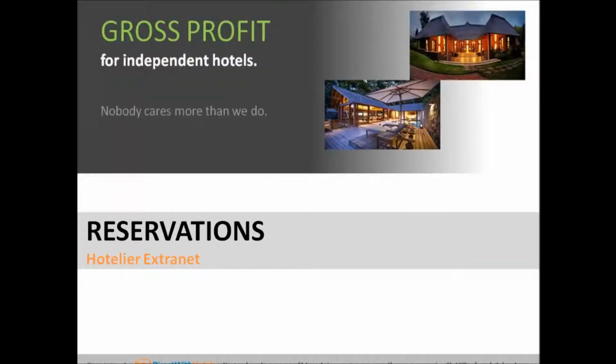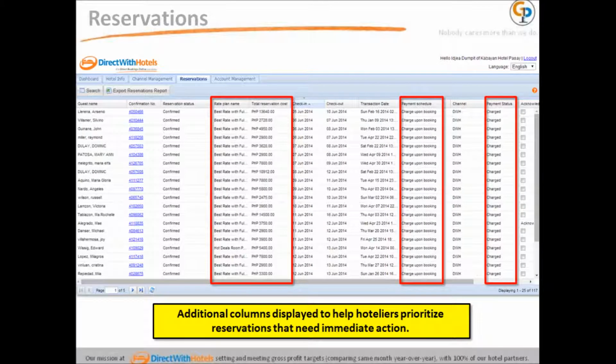Reservations. The Reservations module is where the hotelier manages guest reservations. The landing page of the Reservations module is the reservations list. Additional columns, rate plan names, total reservation cost, payment schedule, and payment status are displayed to help hoteliers prioritize reservations